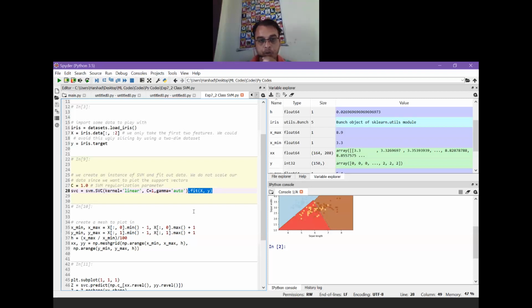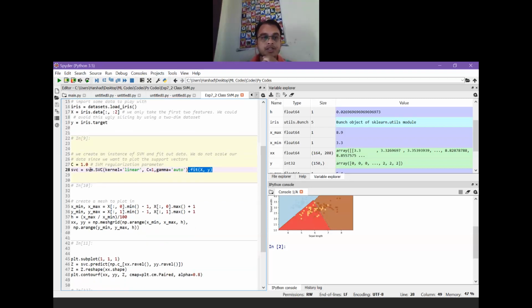How are we expecting to train the model? Here SVM dot fit stands for train the model, and in that training we are giving it two inputs. One is the X, second is the Y. So X stands for available features and Y stands for the available outputs. So according to these three parameters we are expecting to train the model.